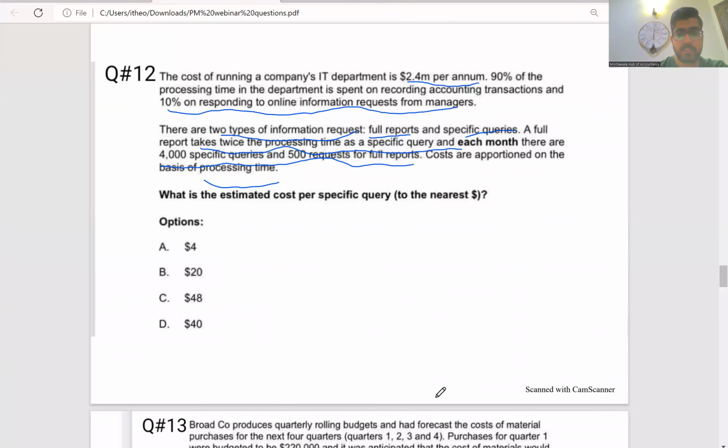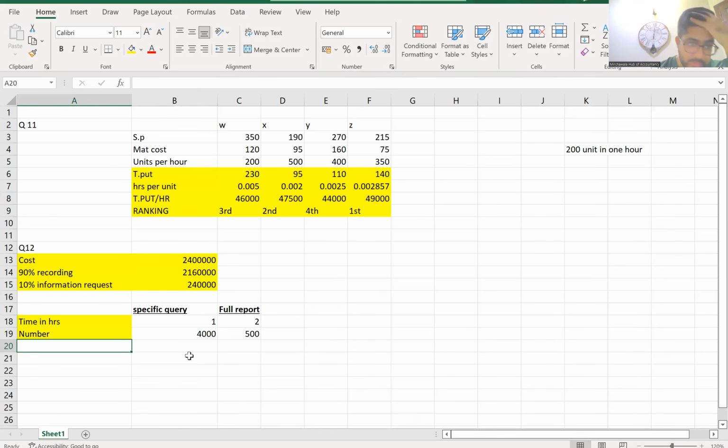Costs are apportioned on the basis of time. Now you will apportion costs on the basis of time. So if a specific query takes 1 hour, a full report takes twice the time, 2 hours. You can put any figure. The number is 4,500. So the total hours for specific query will be